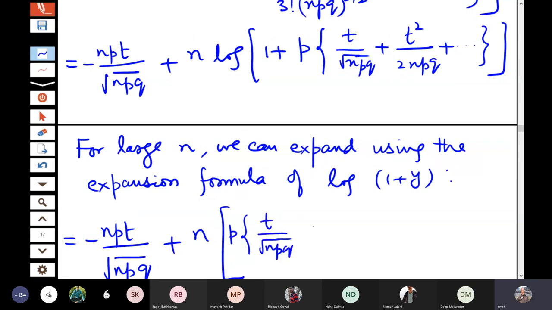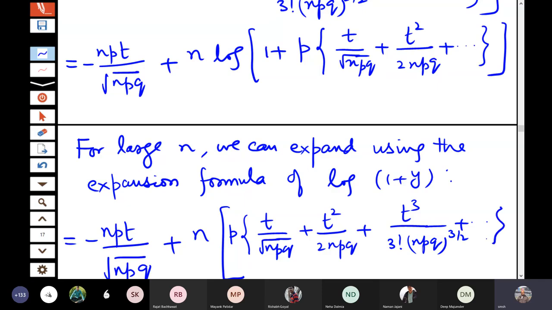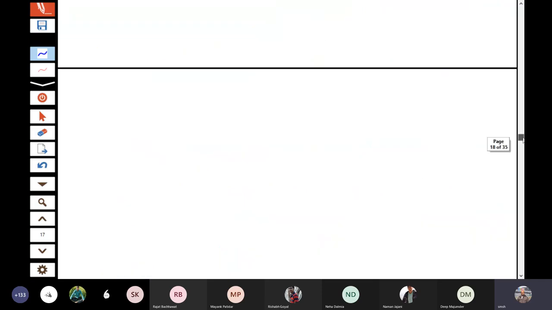So I will write as it is whatever terms are coming. Plus t square by 2 npq plus t cube by 3 factorial npq to the power 3 by 2 plus and so on. And then you will have